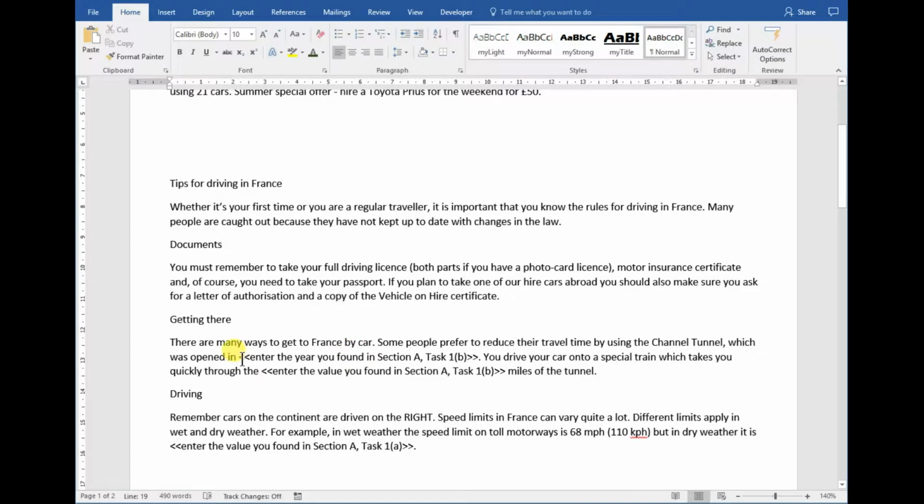I'm also going to put the information I found in task 1, so you need to find the bits of text where it says enter the information you found in section A. So select it all the way from the less than signs to the greater than signs and replace that. In this case it was May